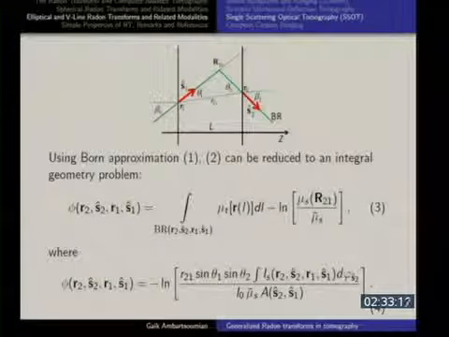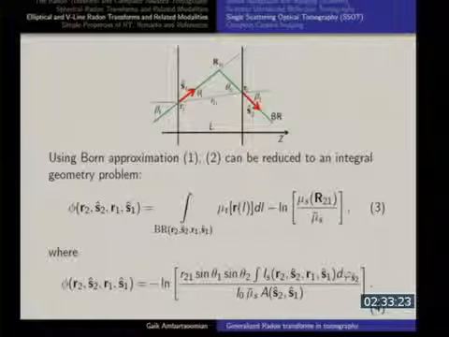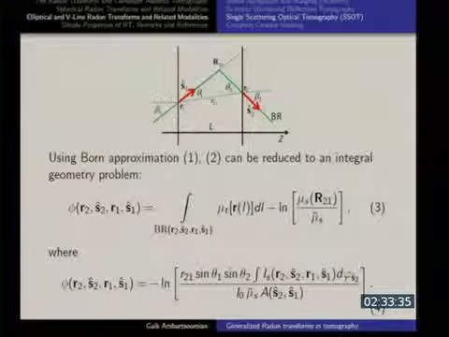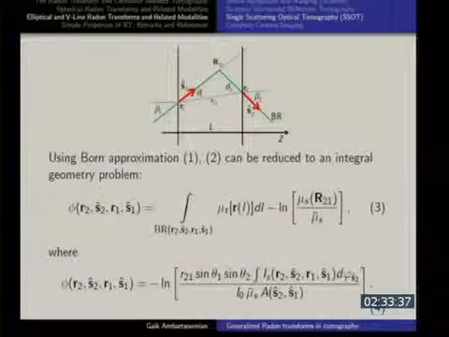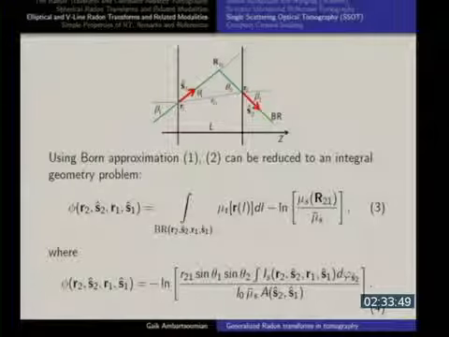Now that was the general setup. If you assume that we have a slab, a rectangular domain, and this is how the ray comes in. You remember we have correlated emitters and receivers. So if I send the ray from the location R1 in the direction S1 hat, and then my receiver at the location R2 registers photons coming in the direction of S2, then you can reformulate this PDE problem using Born approximation to something that is an integral geometric problem. So this part is something that you can get from the measurement. So you can assume this left-hand side to be known.